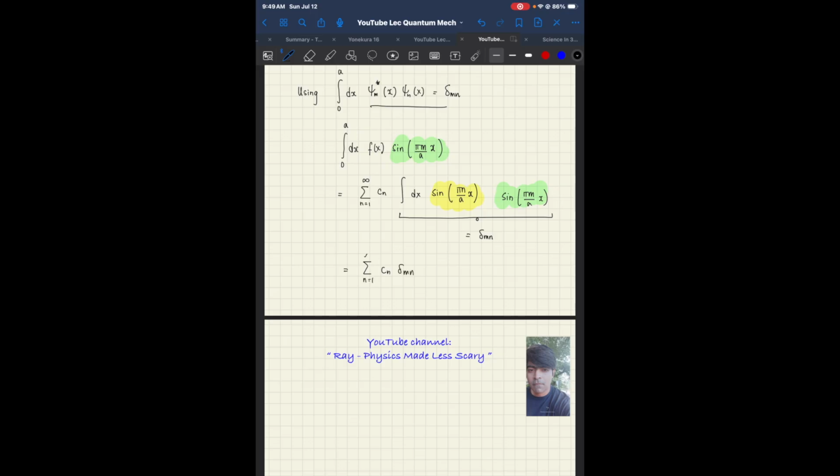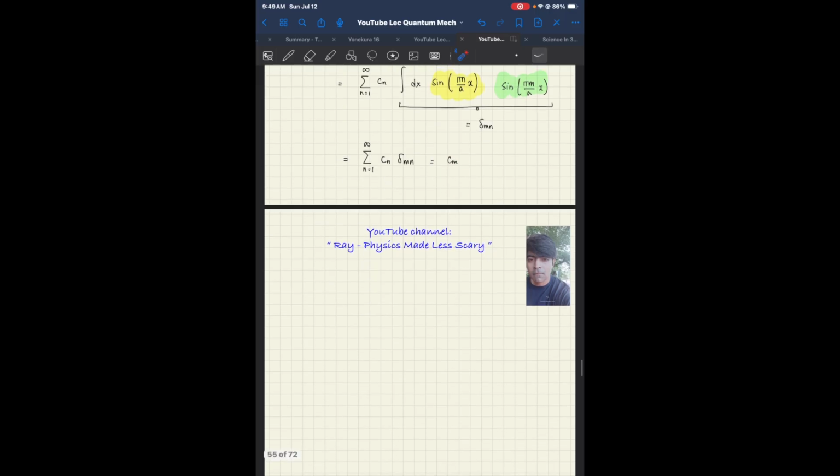But I already told you what the Kronecker delta is, right? The Kronecker delta is 0 unless n is equal to m. So when you take this sum, only the Cm survives. So this is Cm. Do you see this? Because in the sum, for every n other than n equal to m, this is 0, and this is the use of the Kronecker delta. So this gives you Cm. So you have figured out what Cm is. So Cm is simply